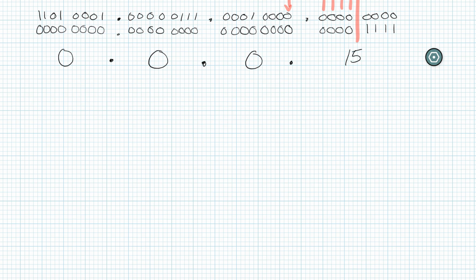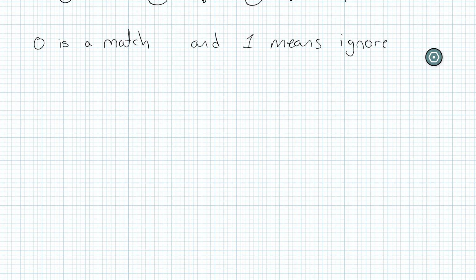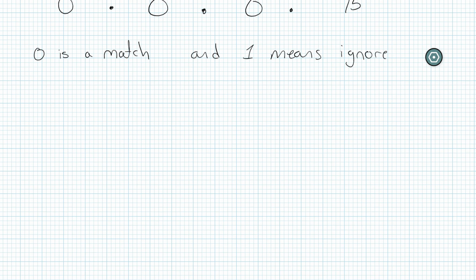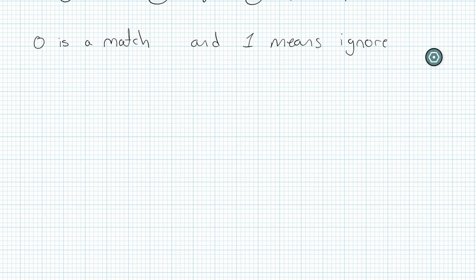Okay, so looking at wildcard masks, what we've discovered so far is that 0 is a match, meaning the bits have to be exactly the same, and 1 means ignore, meaning the bits can be anything. We don't care. We're just going to ignore them anyway, so it's irrelevant whether or not they match. So we can use this to get ranges of addresses. So far we've looked at all the hosts, we've looked at all of the devices on a single subnet, we've looked at the any command and the host command, but now what we're going to look at is how we configure